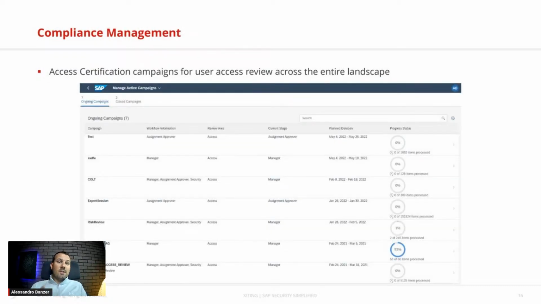From a compliance perspective, when we assign access, we also have to make sure that user access reviews are done properly. For that, we have access certification campaigns. It's campaign driven. I have a couple of campaigns running here. They're not all very meaningful from a descriptions perspective, but we can run different campaigns. We can review systems, the entire landscape, or specific users. And we have different ways to have the workflow. We can have a one-step approval from a manager or an assignment approver, or a multi-step approval for maybe manager and role owner. Different ways are possible to run those campaigns.